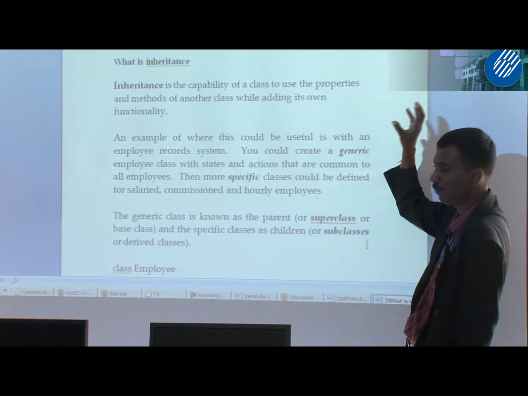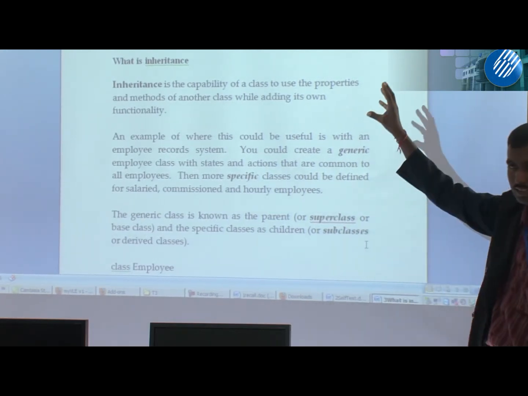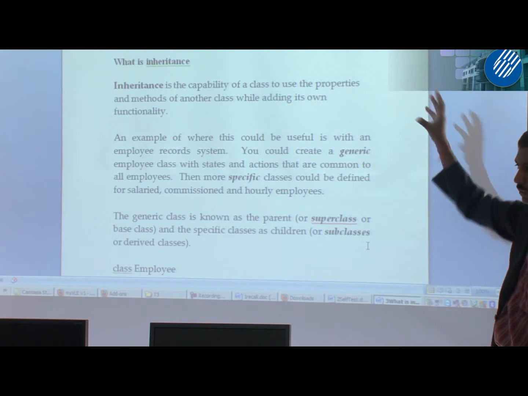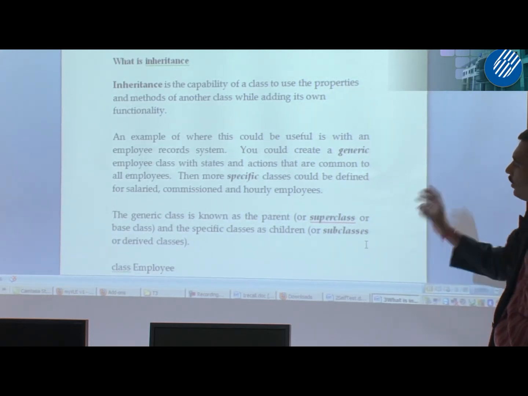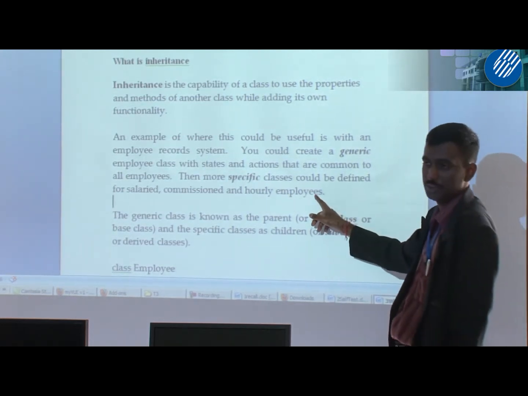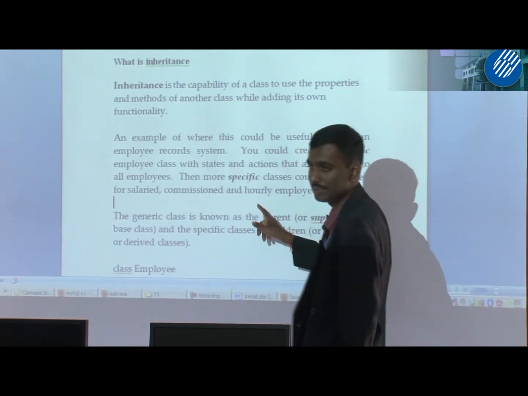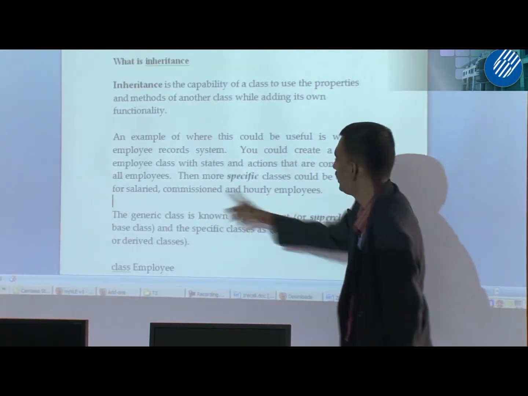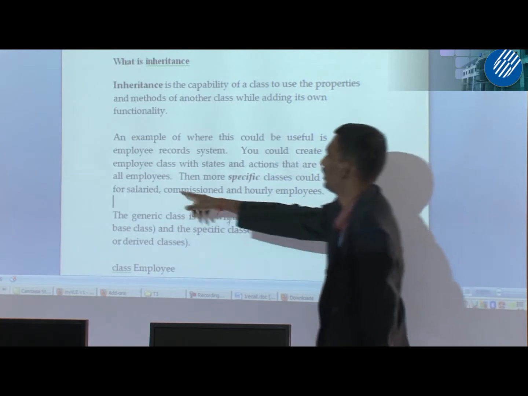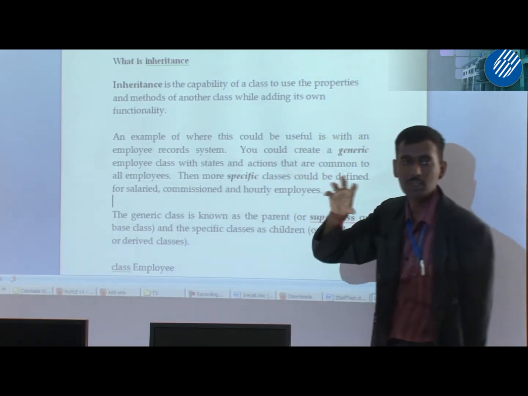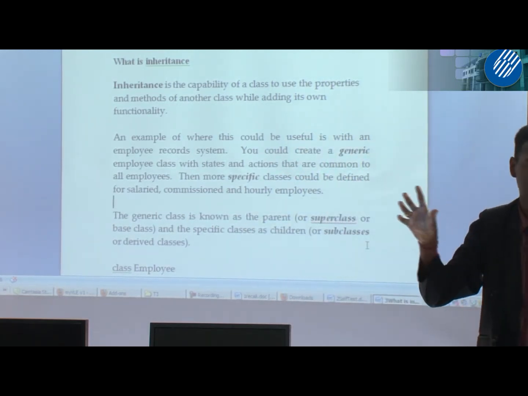So you have Employee as the main class, and under it salaried, commission, and hourly employees, which are all subclasses. These have common things among them, and this common thing you put in the superclass.